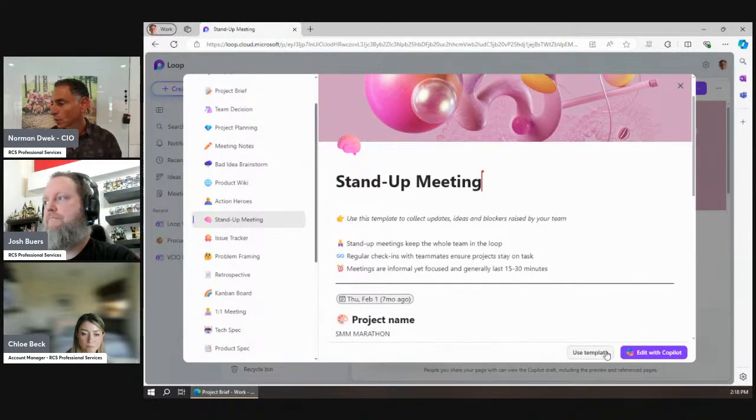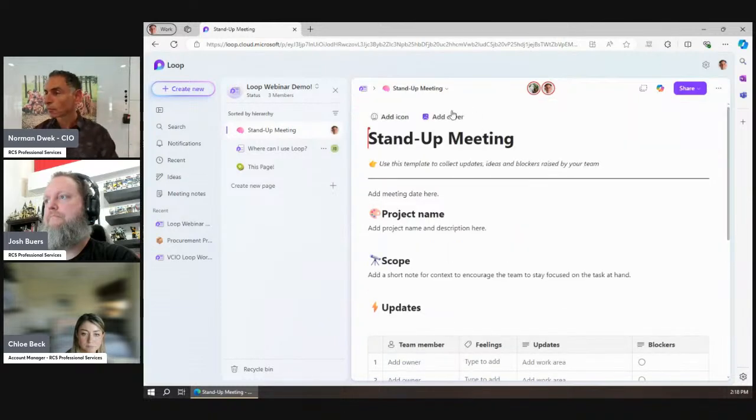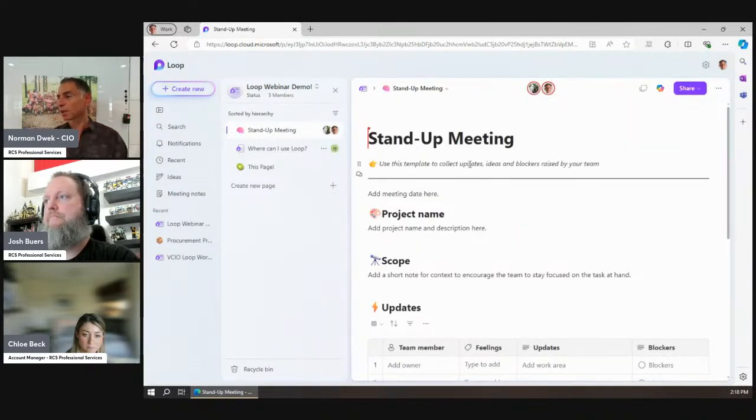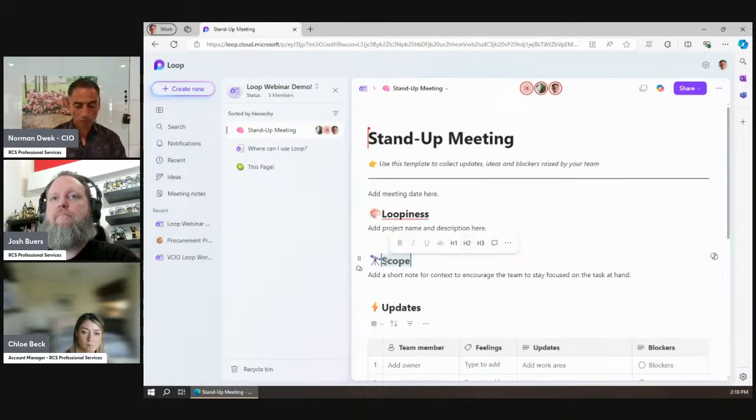Sure. We'll try it. Use template. I've never used this one before. Use template to collect ideas and updates and blockers. Raise your team. Project name is Loopy. Yes. Scope: Everywhere. Oh no, it's going south on me. Everywhere. Loop is